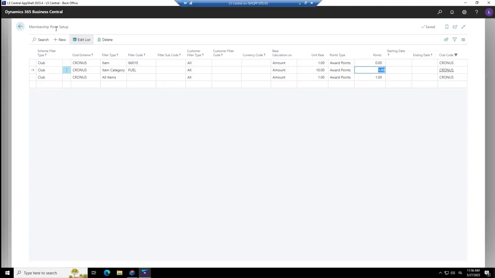And it's as well possible to do a similar setup for these different schemes. So scheme bronze could have this rule, a scheme silver could have something else. So each and every amount would maybe do 1.5 point, or gold would have different. You can do that if you like. And you can even have different member points set up depending on different member accounts. So Stefan Thompson member account could have different rule than the others, meaning that if you have the king or the president, they could get more points.